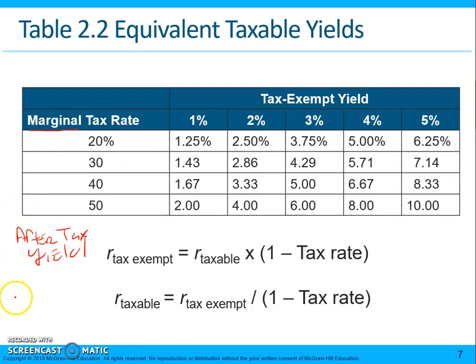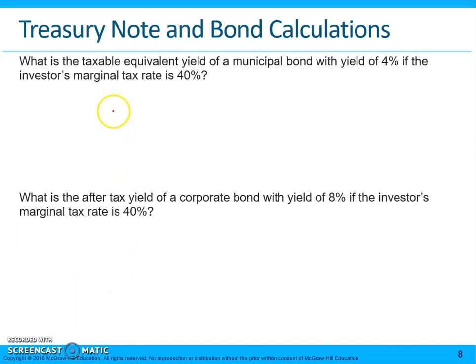If you use an average tax rate or something like that, you will get an incorrect answer. So this is taxable equivalent yield. Much better D that time. All right, so here,